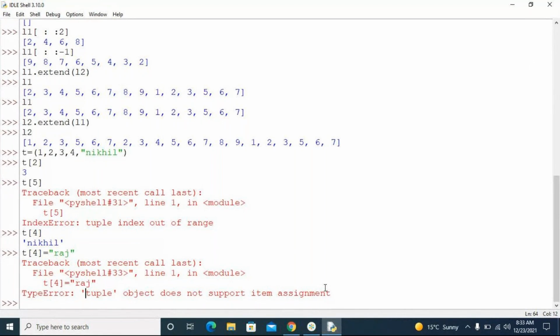You cannot sort it. What you can do is only get the count of the element. Getting the count is only getting the data, you are not changing anything inside the data that is declared. You can only get the length of the tuple. You can only use those methods which will not change your data.